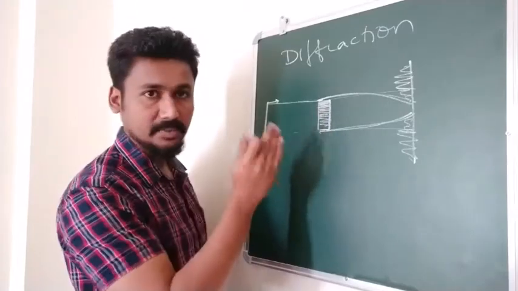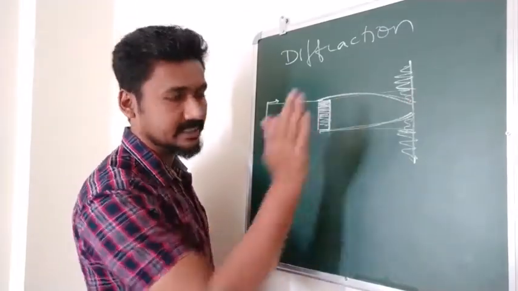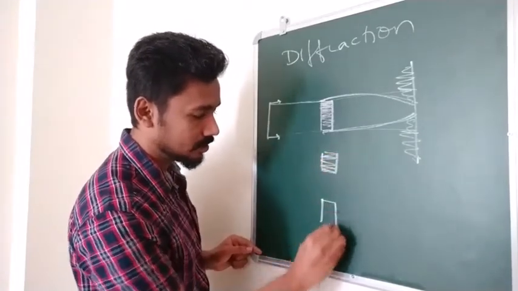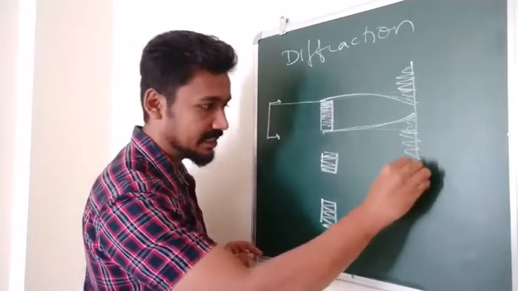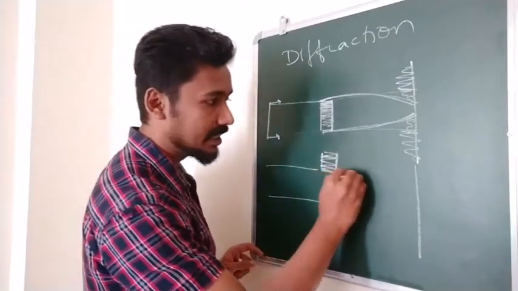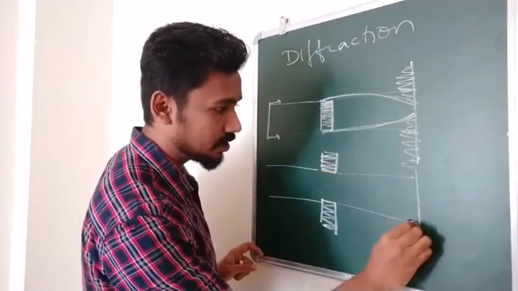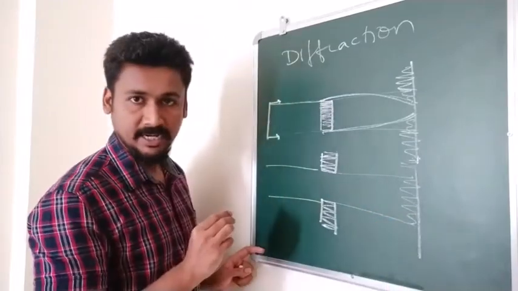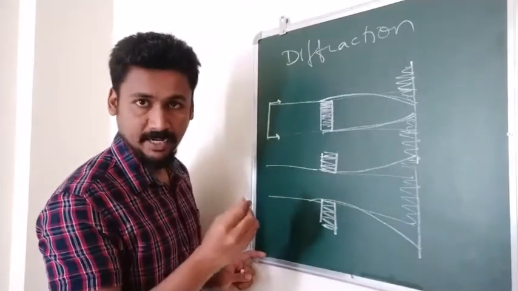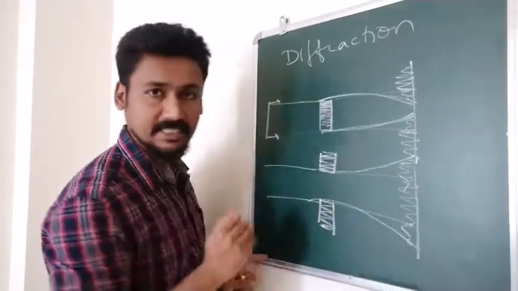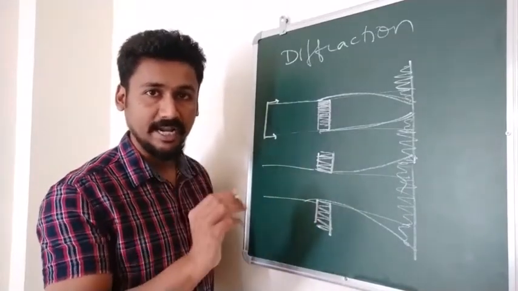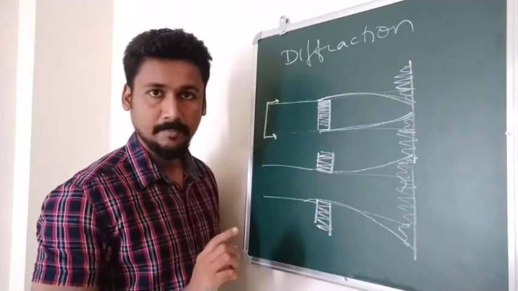Now, if the obstacle is like this, we are going to see the light going in the shadow region. What if we have a slit present? If there is a slit present like this, and here we have the screen. Again, plane wavefront is coming in. We should see that only this region becomes dark, only the central region should get illuminated. But once again, what happens? Due to the obstacle, the light waves tend to curve, they tend to bend, and some light is seen on the other side as well. This is diffraction. So what is diffraction? The bending of light when it encounters an obstacle.